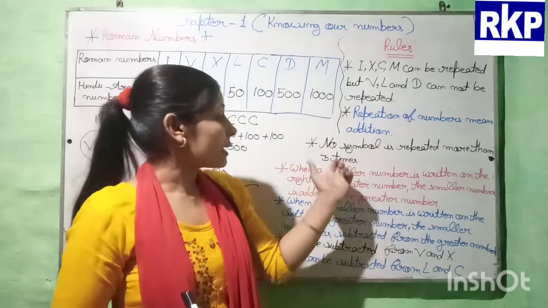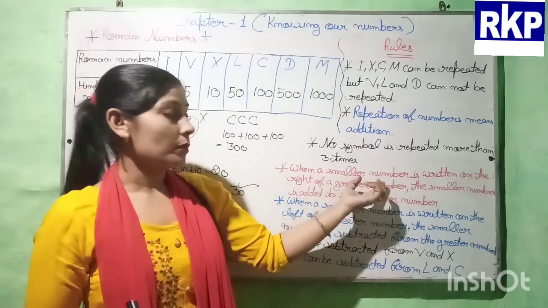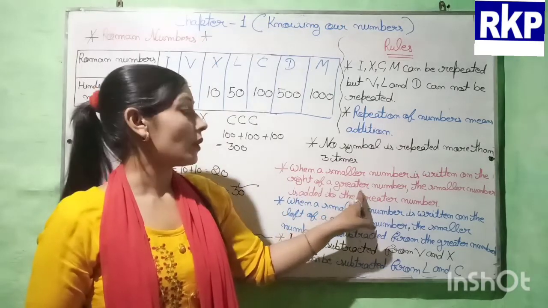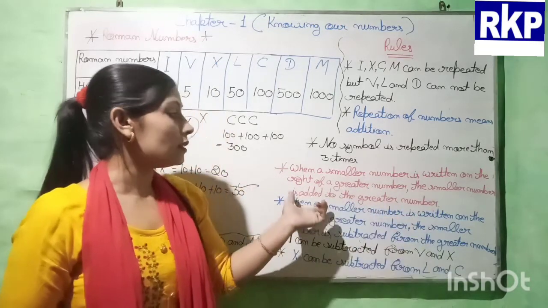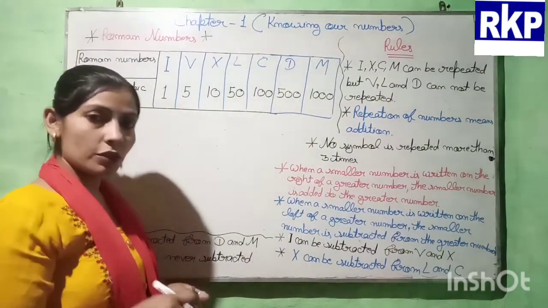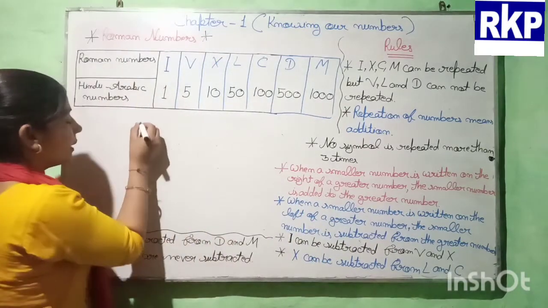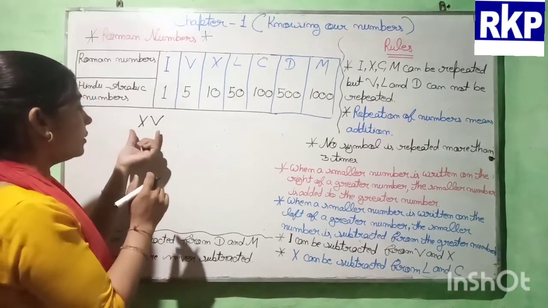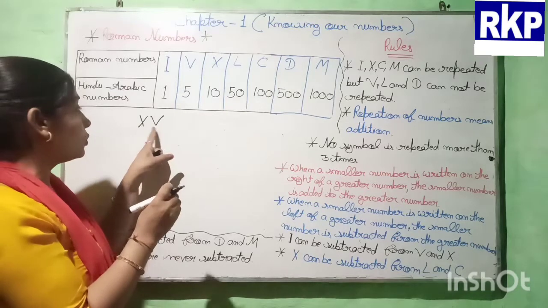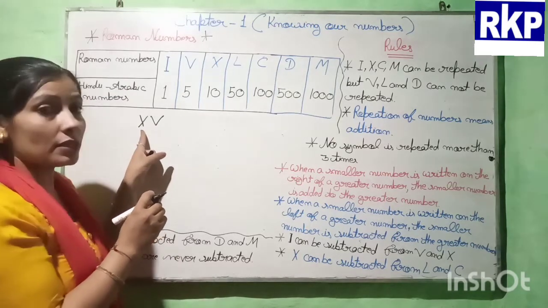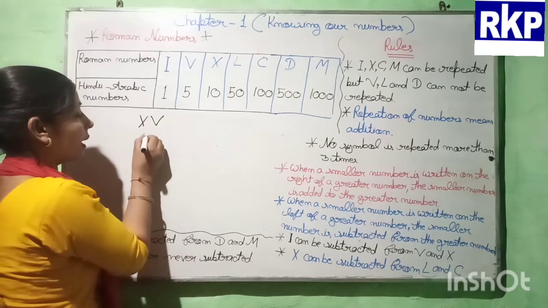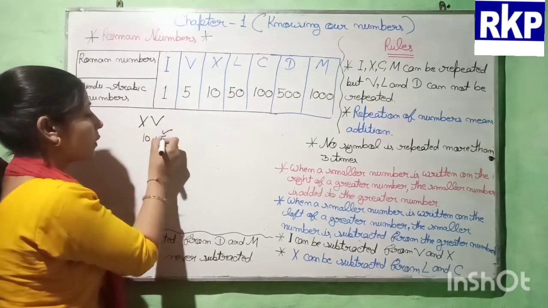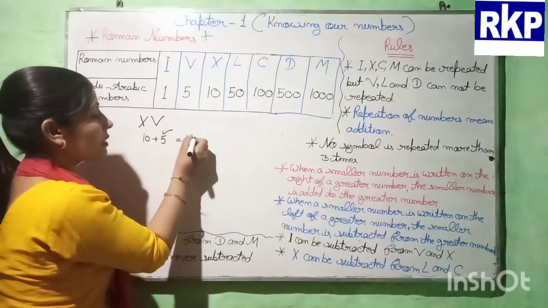Next is when a smaller number is written on the right of a greater number, the smaller number is added to the greater number. So according to this rule, if I write XV, it means here V is added to X. X means 10 and V means 5. So it means we are adding this 5 to this 10. So 10 plus 5 will be